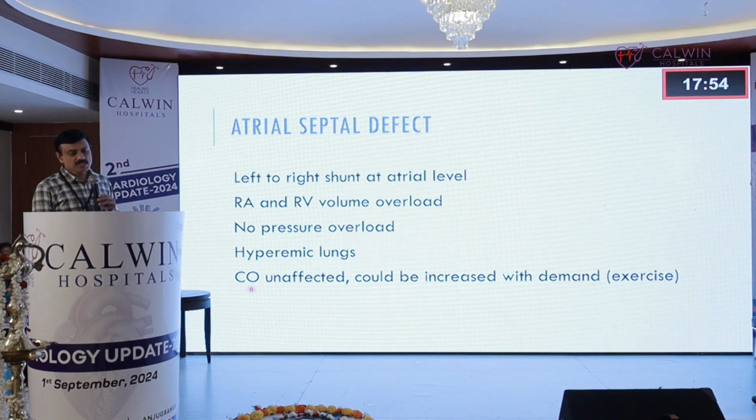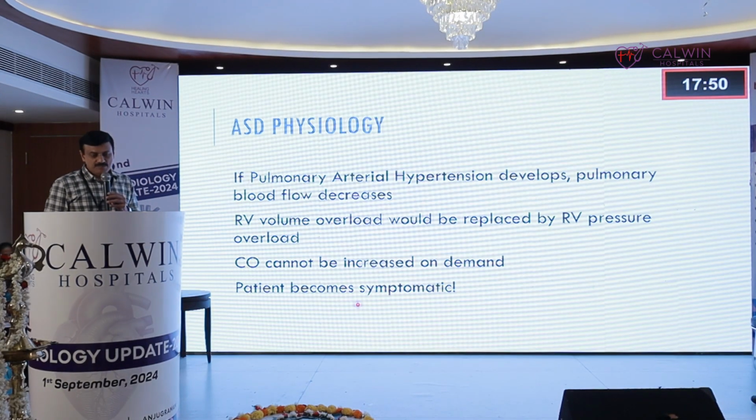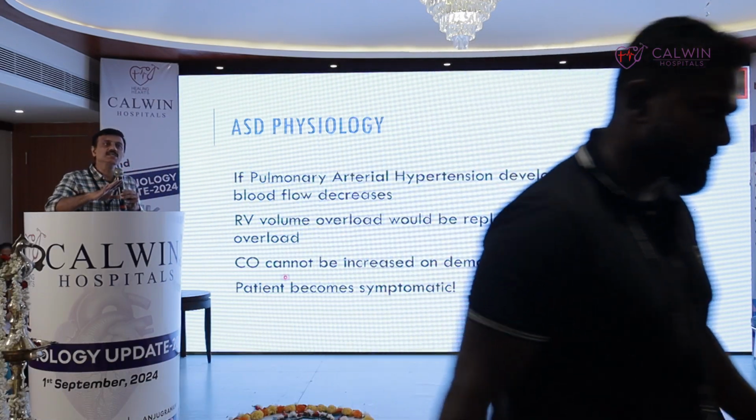So we have hyperemic lungs. Cardiac output is unaffected; it can be increased with demand. If pulmonary arterial hypertension develops, pulmonary blood flow decreases. The RV volume overload decreases, but it is replaced by RV pressure overload. So the RV remains enlarged. Now the cardiac output cannot be increased on demand. This patient becomes symptomatic. Suppose you know a large ASD patient, you have recommended surgery, he is not operating